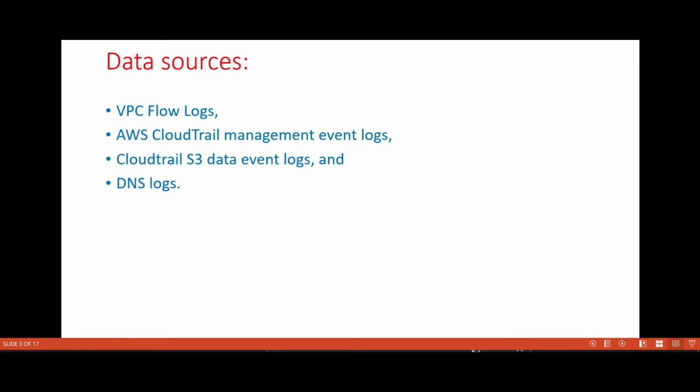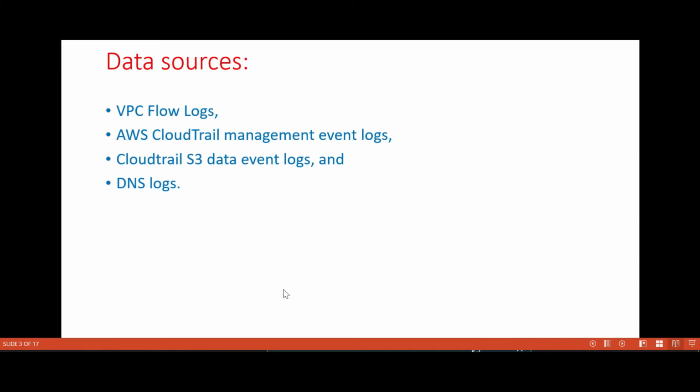And Amazon GuardDuty will use inputs from different data sources like VPC flow logs, AWS CloudTrail management event logs, CloudTrail S3 data event logs, and DNS logs.